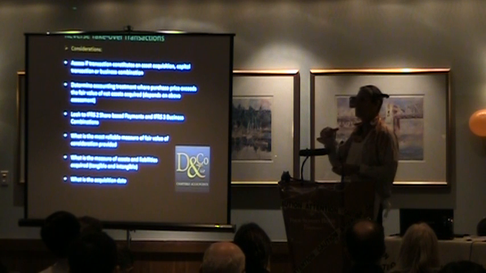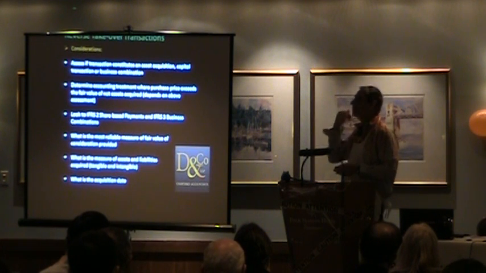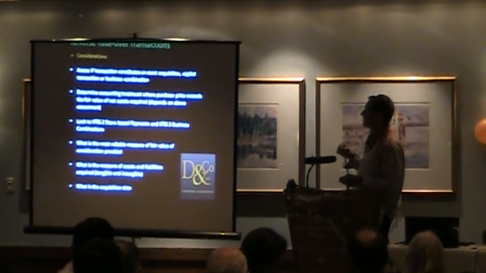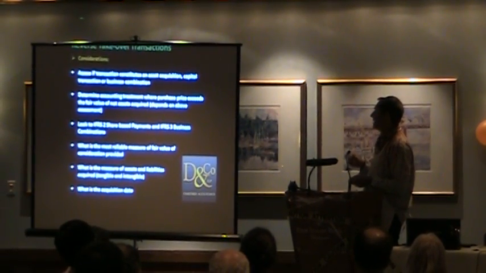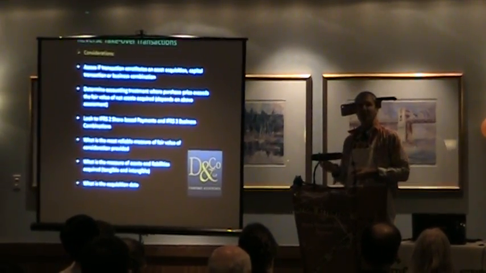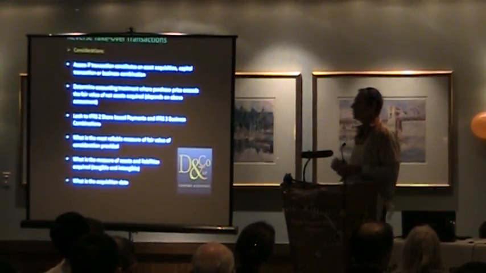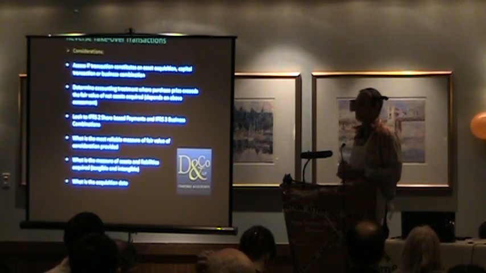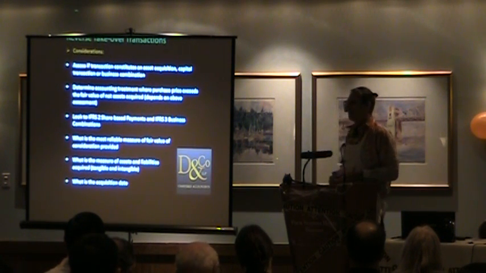Clearly, with complex stuff, I would always be suggesting when you're going into a transaction like this, talk with your auditors, give us a call, let us know, and we'll talk through some of this. What are the other considerations? What's the most reliable measure of the fair value of the consideration provided? What's the measure of the assets and liabilities themselves that are being acquired? Tangible and intangible. Don't forget that you might have favorable contracts in there that actually might have a value. So you can't just stop at what's on the balance sheet. Sometimes the company's got an agreement where they've got special rights. And what is the acquisition date? Always a great question. It's the date that you exercised your power, got control of the company.